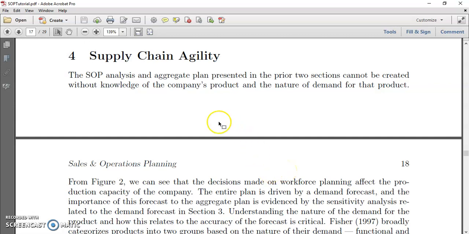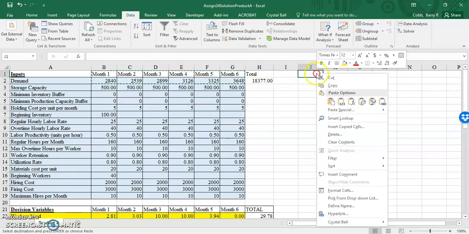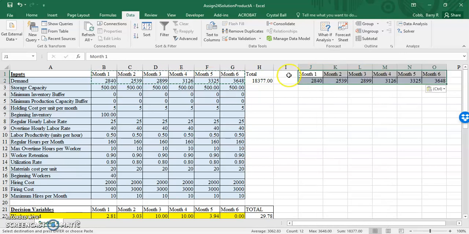We'll consider the example in Section 4 of the SOP tutorial handout on supply chain agility. This involves the aggregate plan for product A. And I have my solution for that aggregate plan open, and we can see the original demand numbers in this particular example. I'm going to copy these demand numbers, the original ones, out to the right for reference,